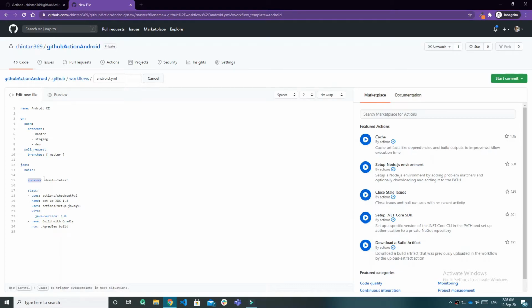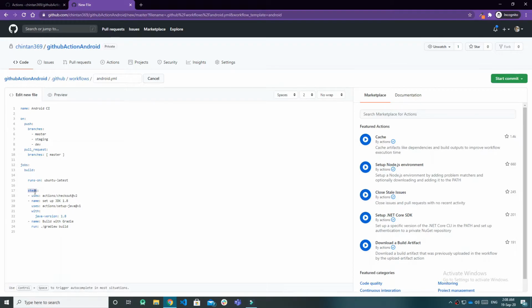So here we can select a Windows machine, Ubuntu Linux machine or Mac machine. If you want to run an iOS application, you can define another virtual machine like Mac, or if you want to run some Node.js environment, you can use Windows latest or anything. So right now we are leaving this as Ubuntu latest.